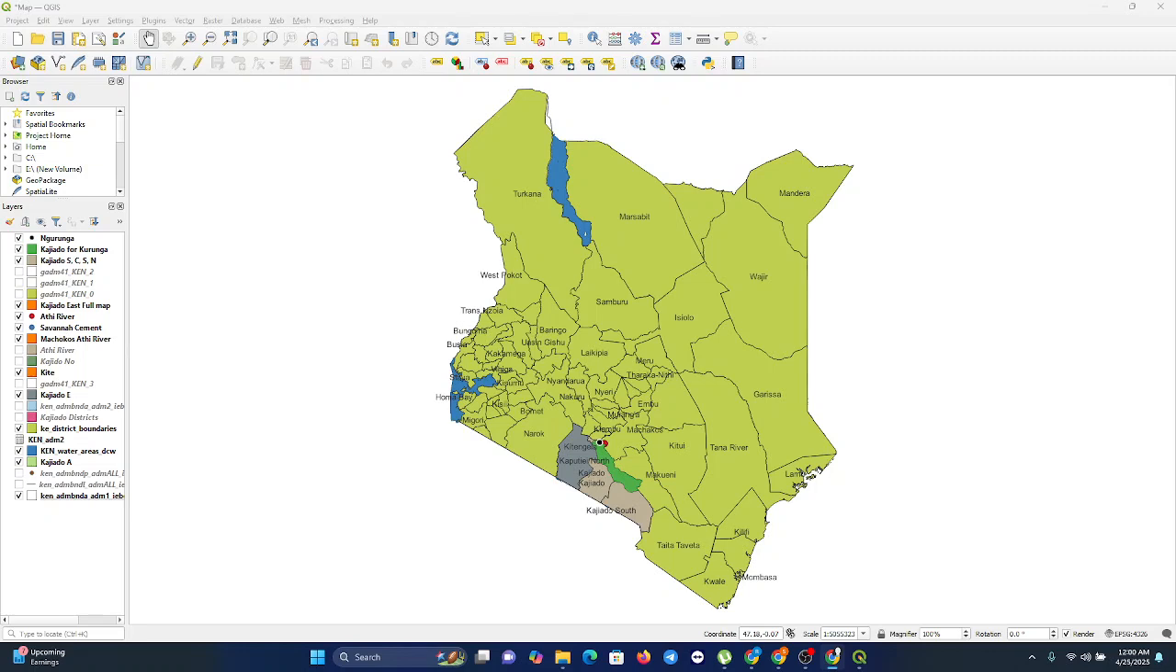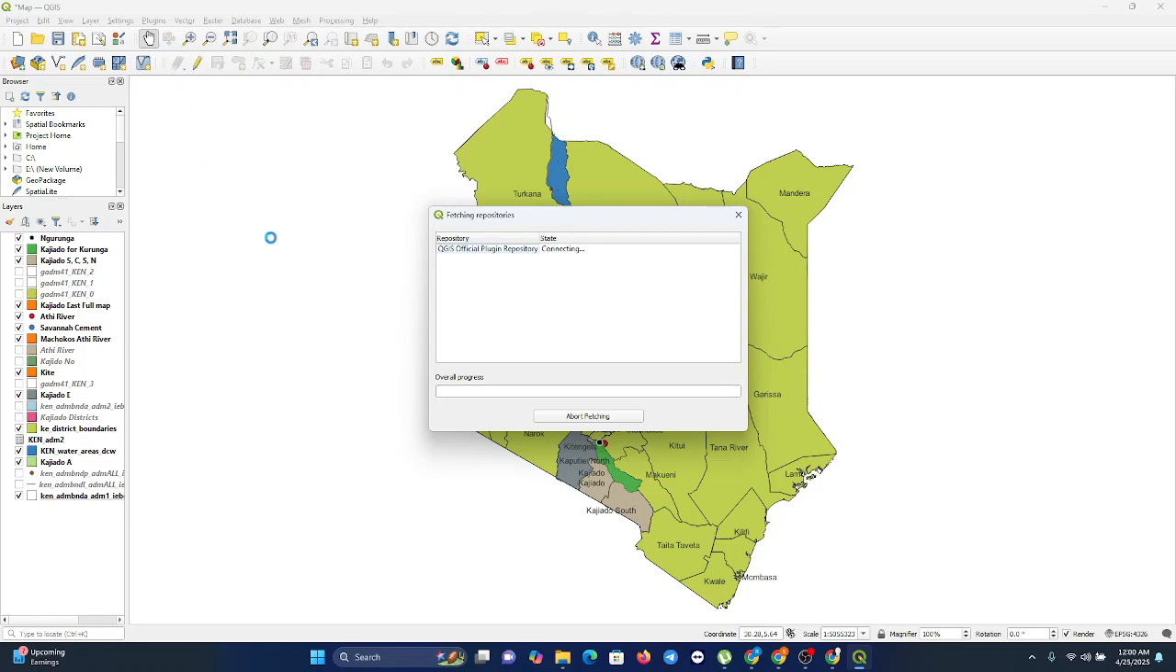So the first thing that we need to do is to install the Quick Map Services plugin in your QGIS. This plugin allows you to add various online maps, including the Google Maps. To do this, go to the top of your screen and click on the Plugins menu up here. Click on Plugins, then select Manage and Install Plugins. Once you click on it like that,